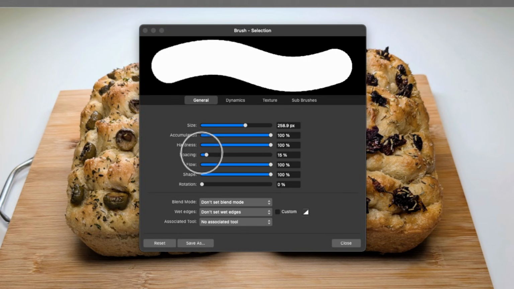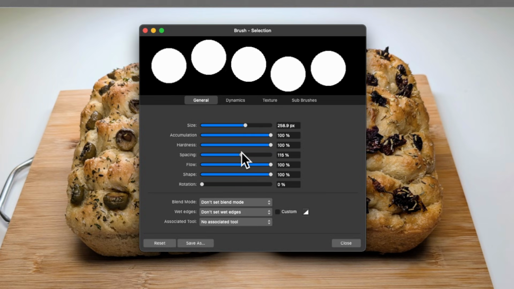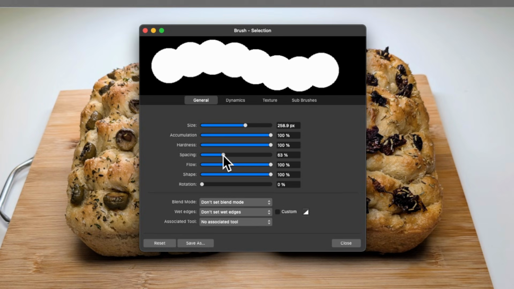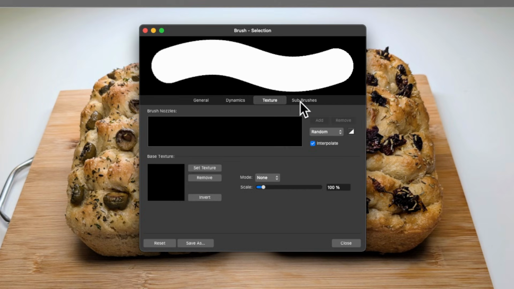If I click on spacing and drag this up, you see they're like little blobs. These pixel-based paintbrushes, like the ones we're using, are basically stamps. They are like a PNG image that's just repeating along a line. If I drag down the spacing, it actually looks like a proper paintbrush. You can play around with all of these settings when you get used to using Affinity.